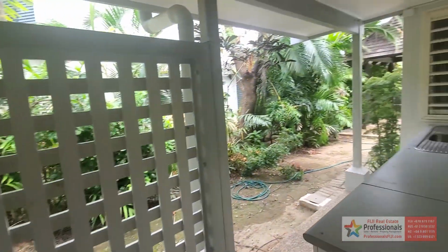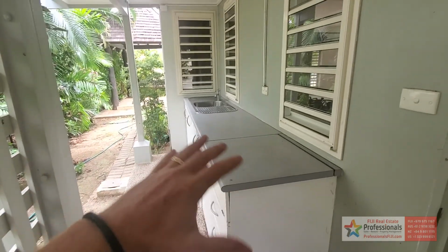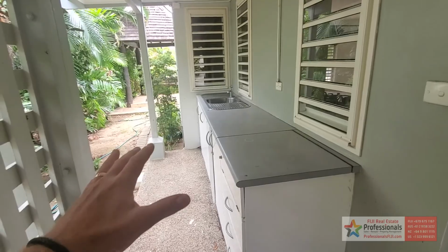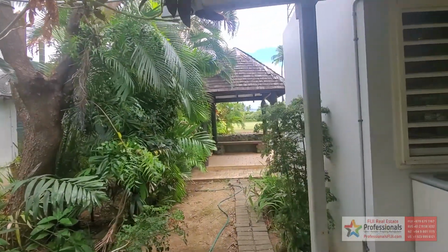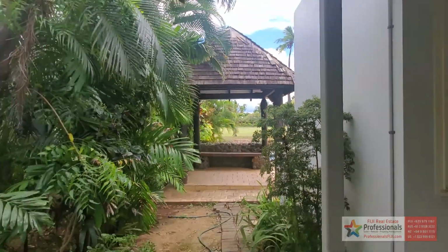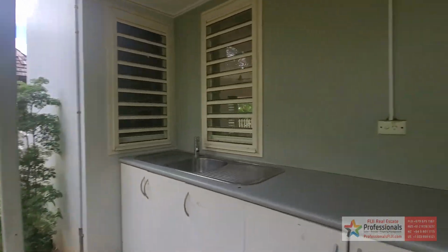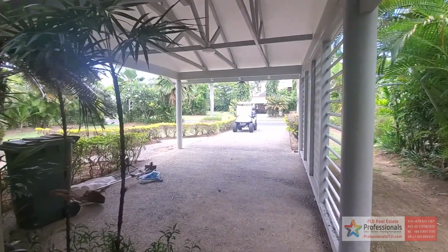And check this out also, if you ever do a lot of fishing, a lot of people come out here and do fishing, they can clean the fish and do a lot of that extra work out here, so you have some extra storage. And you can see nice sitting bure there, so you can sit down, read a book, and just relax. All right, so let's go back inside, and before we do, you can see the 2-car carport here,